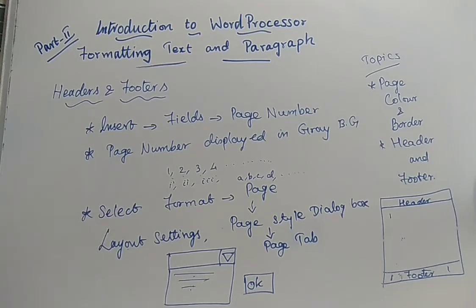So it is a very simple step. In whichever place you need to display the page number, have the insertion pointer there. The insertion pointer is nothing but your cursor. Have your insertion pointer in that part, whether it is the left side of your footer or the right side of your footer. Click that. Then what you have to do? You have to click Insert, Fields, Page Number. Automatically, by clicking this, the page number will be displayed in the footer where the insertion pointer is. How will it be displayed? Yes, it will be displayed with a gray background.